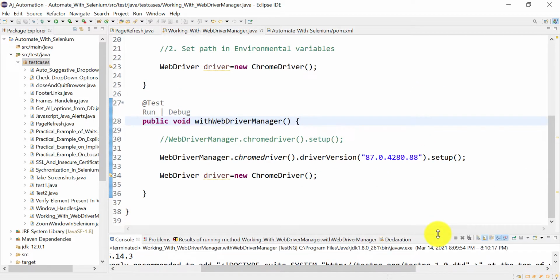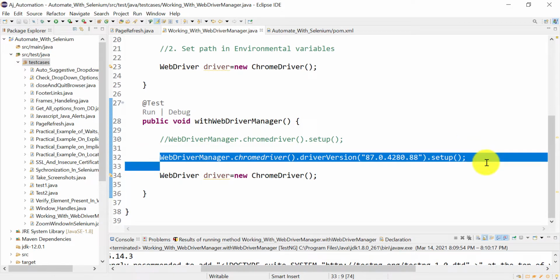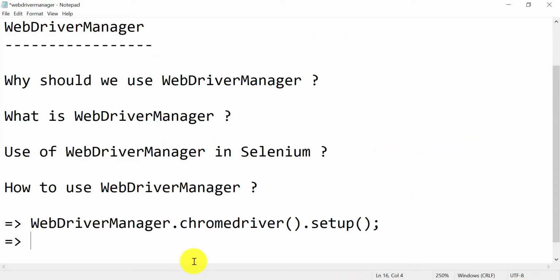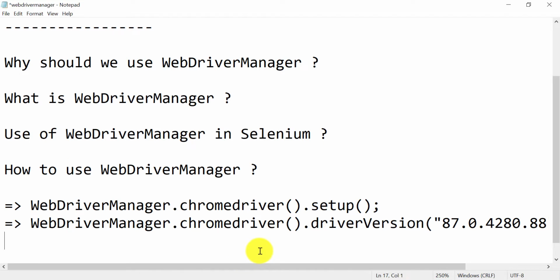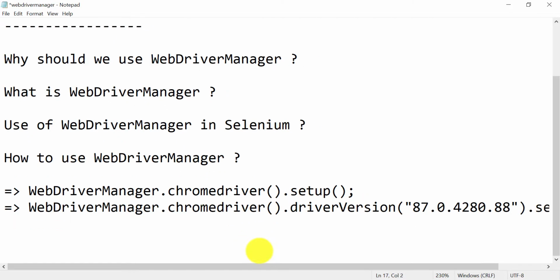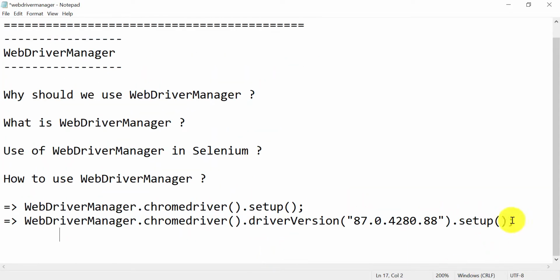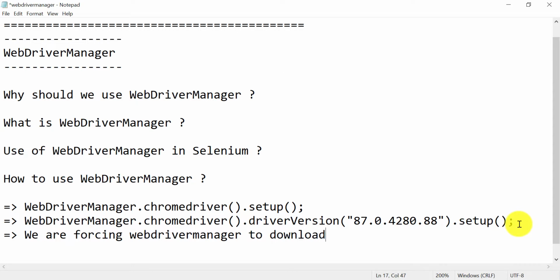Let me copy this into our notes. Here we are forcing the manager to download the 87 Chrome driver.